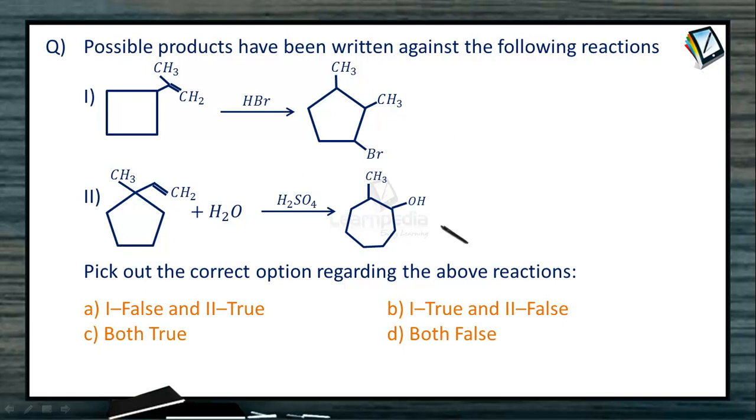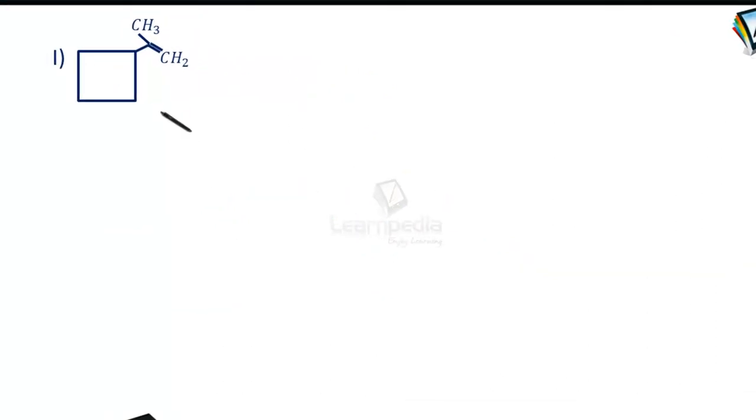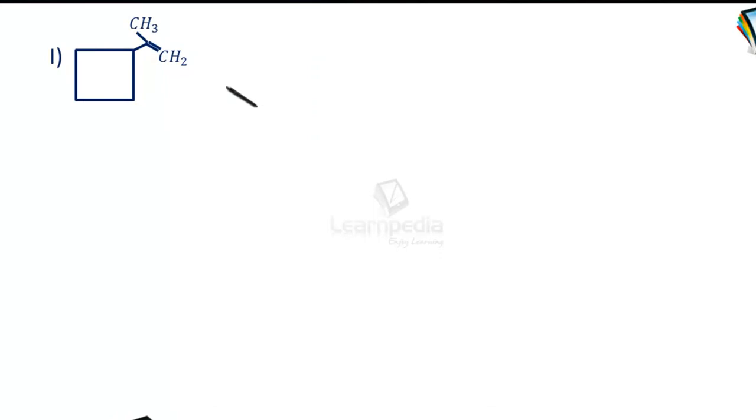Two different reactions are given and we need to find out whether the products formed in these reactions are correct or wrong. Let's check out one by one. This is our starting substance in reaction 1. As this is an alkene, as the side chain possesses a double bond, here electrophilic addition of hydrogen bromide